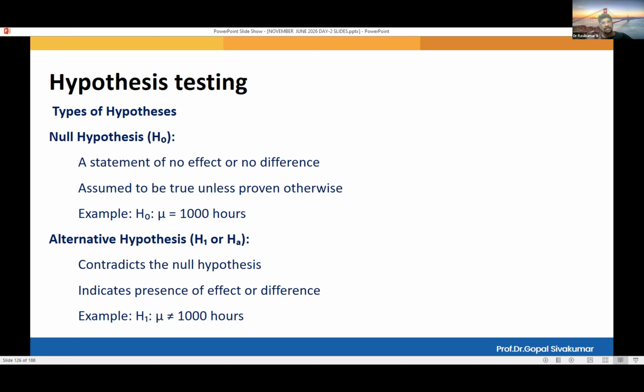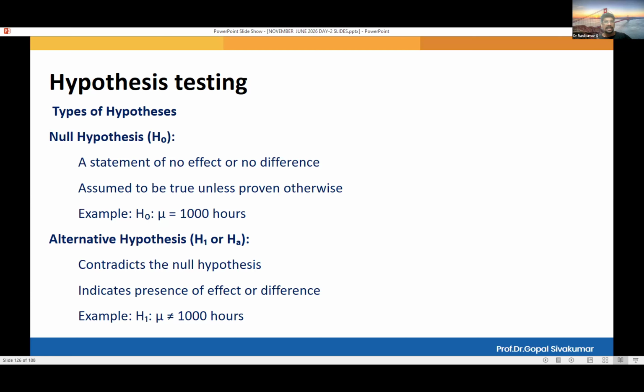What is the null hypothesis statement? The doctor is making a claim that your health is affected because of cancer. If you take that claim as it is, if you accept that statement as it is, that is the null hypothesis. It is represented as H naught. You guys got it? It is represented as H naught. Then there is another statement called the alternate hypothesis.